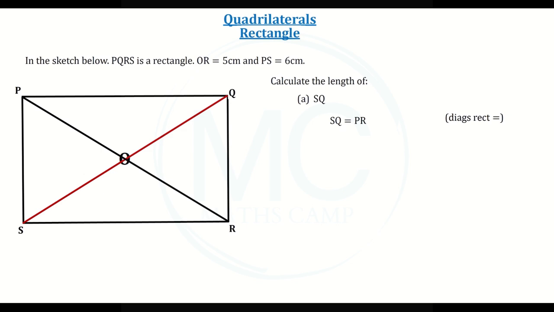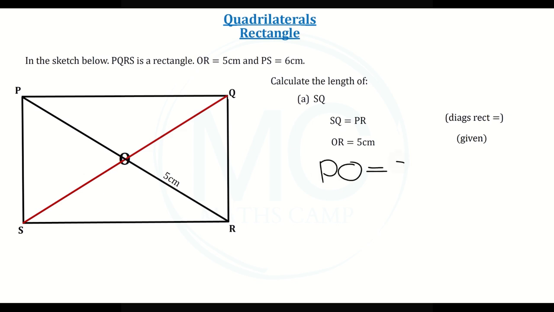The question tells us that OR is 5 centimeters long. So let's make a note that OR is equal to 5 centimeters. And as our reason, we simply say given. Let's put 5 centimeters into our diagram for OR. We also know that PO